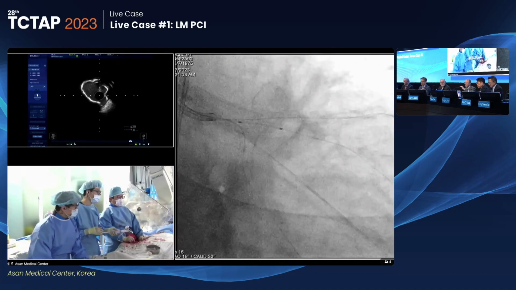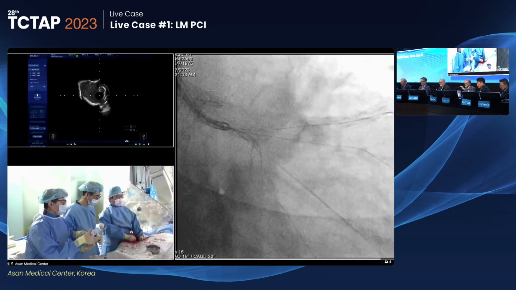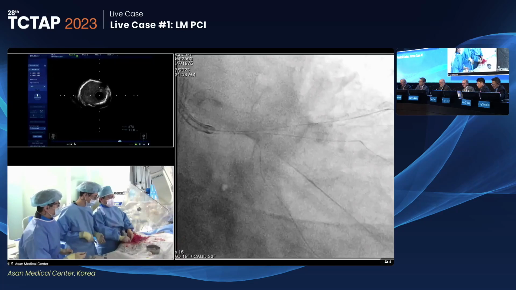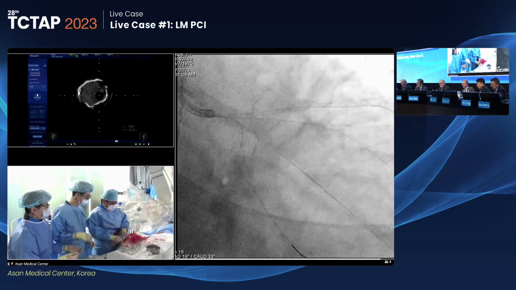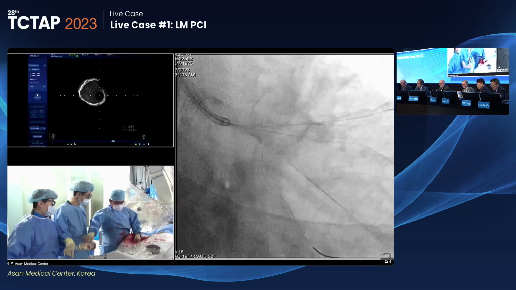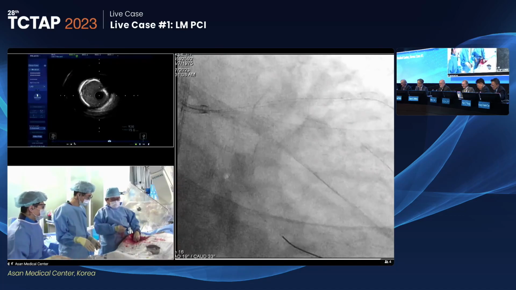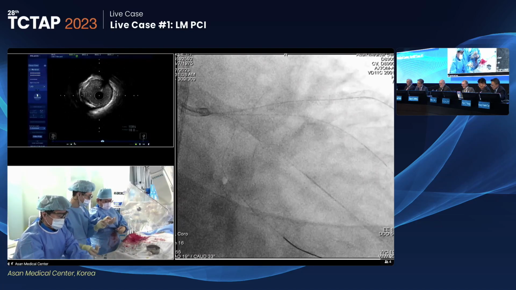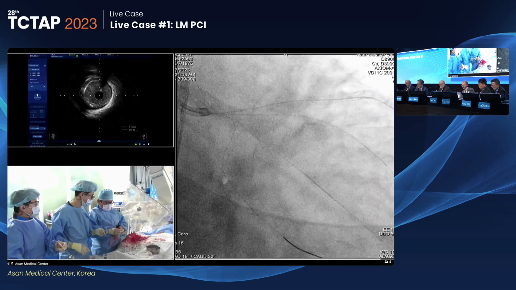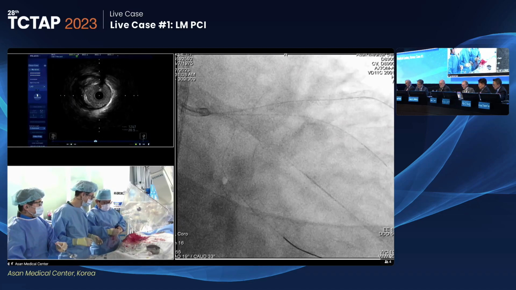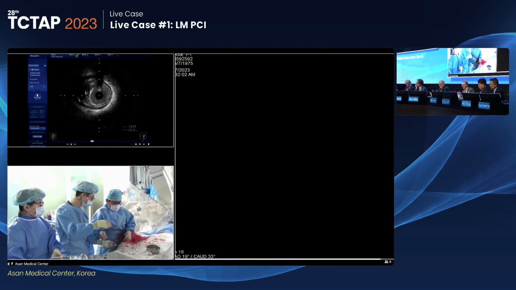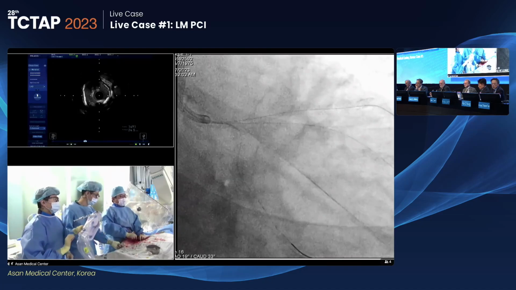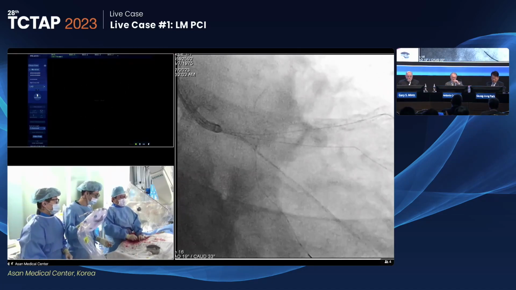What size balloon is this? This is 2.5 for the high diagonal branch. Yes, because the high diagonal branch is not that big. And after high pressure for the diagonal branch, I'd like to show you the high diagonal branch vessel. So IVUS, please. Even though it's a very calcified lesion, when we apply the high pressure balloon, then we can modify it easily. But if a high pressure balloon fails to dilate it appropriately, then we need a more aggressive calcium modification device like